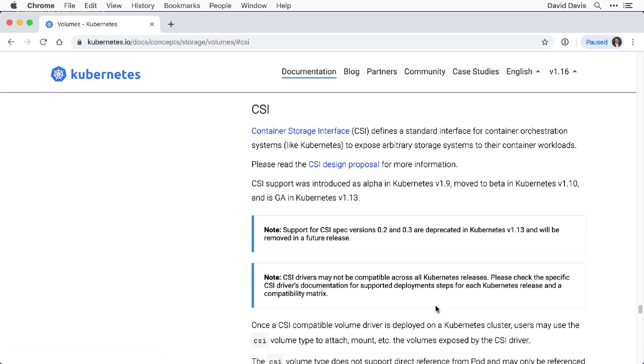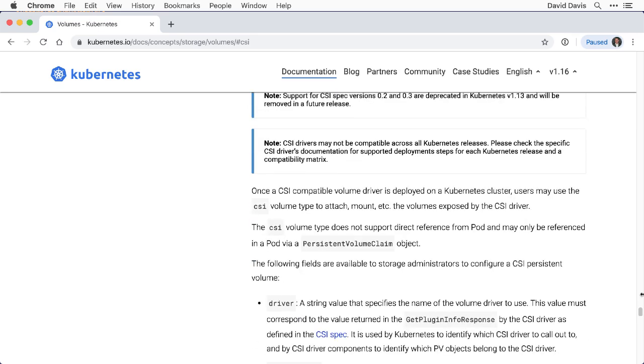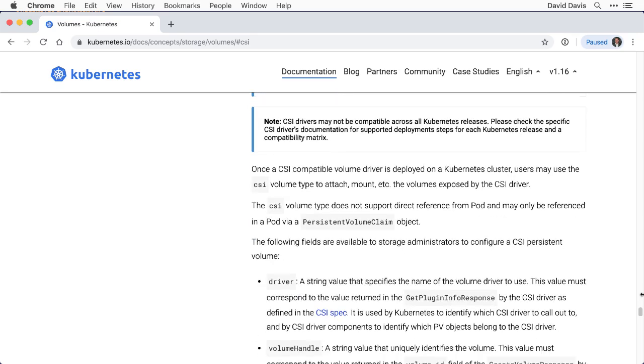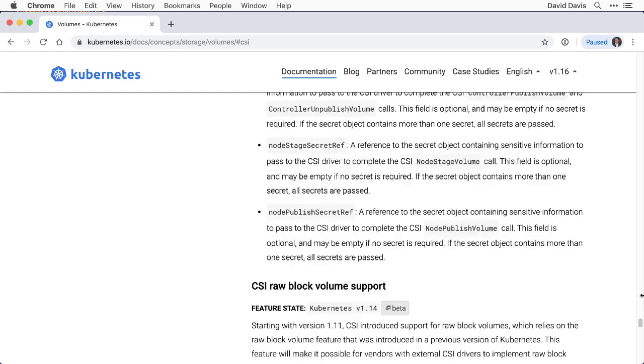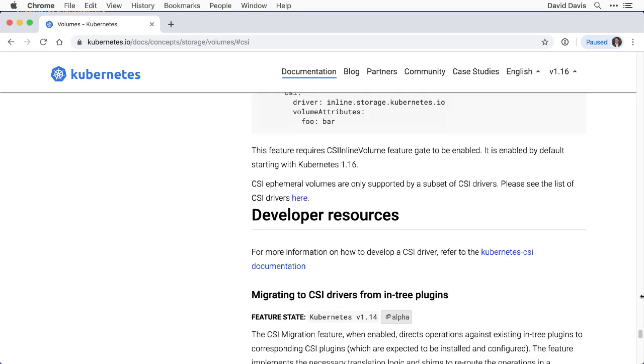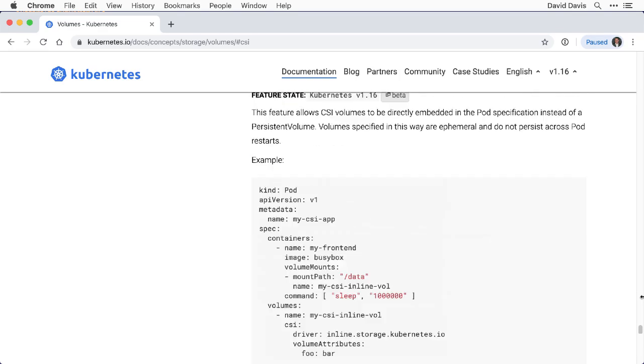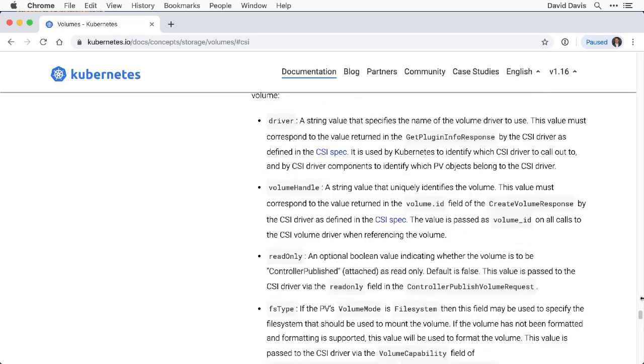If we click on CSI, though, I want to show you CSI because CSI is an important type of volume. This is the container storage interface known as CSI. And most storage vendors out there today have created what they call a CSI compatible volume driver. So if you have some kind of storage array out there, chances are it offers a CSI or container storage